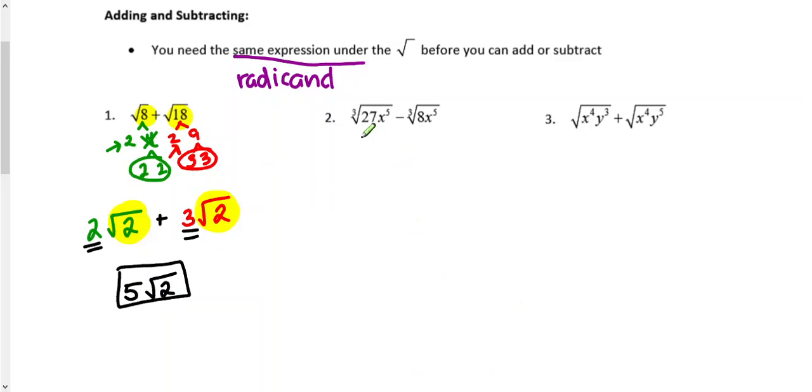Now looking at number 2, I have a cube root and a cube root, so I'm good. But my radicand, that number underneath that root sign, is different. So I have to break things down again. So 27 I'm going to break down to 3 times 9, and then 9 I'm going to break down to 3 times 3. Now since this is a cube root, I need 3 of the same,